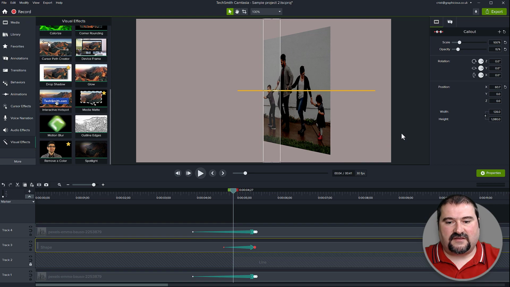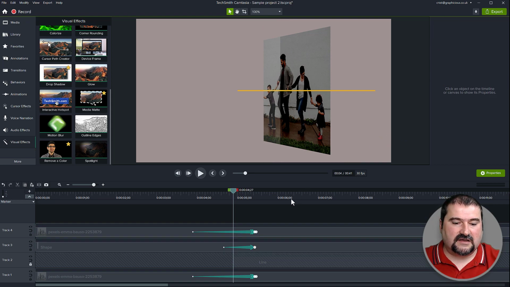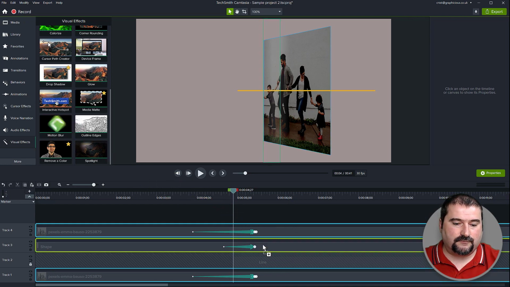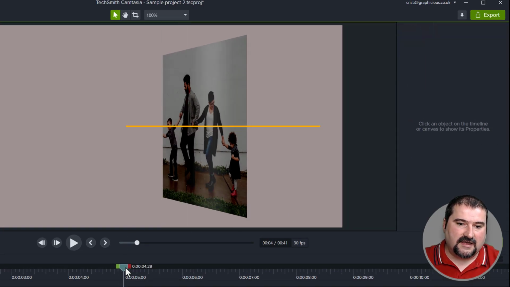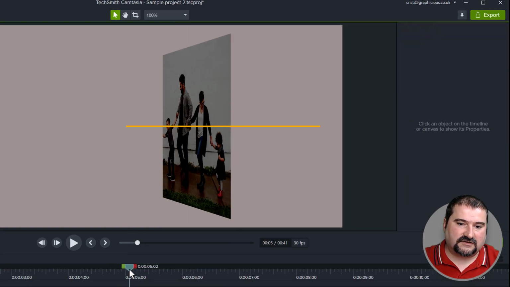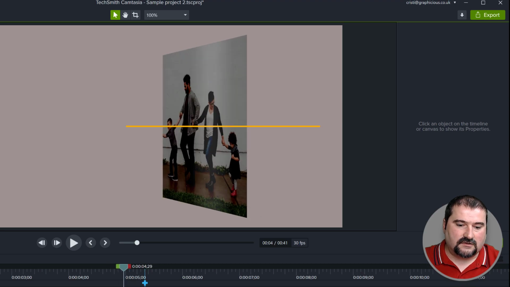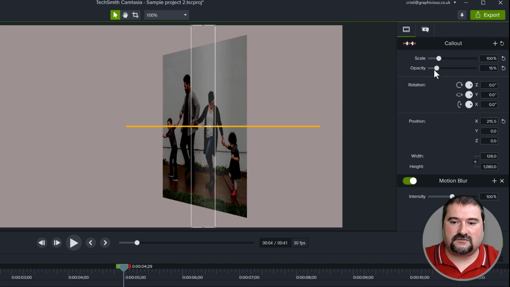And just to make things a little more realistic, I would like to add a motion blur to that. So click the motion blur effect, put it on the beam of light right there. You see now the edge is blurry and it's a nice touch of glossiness right there. If you don't see it very well, you can maybe turn the opacity up like that. And there you have it.